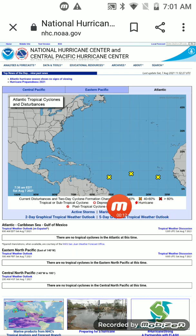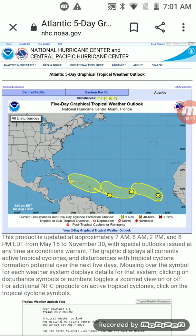Currently, they issued 3 X's instead of 2 in the National Hurricane Center. And this could be pretty serious tropical activity around in the Atlantic. But for the next 5 days, it currently shows this. And they currently all weakened,